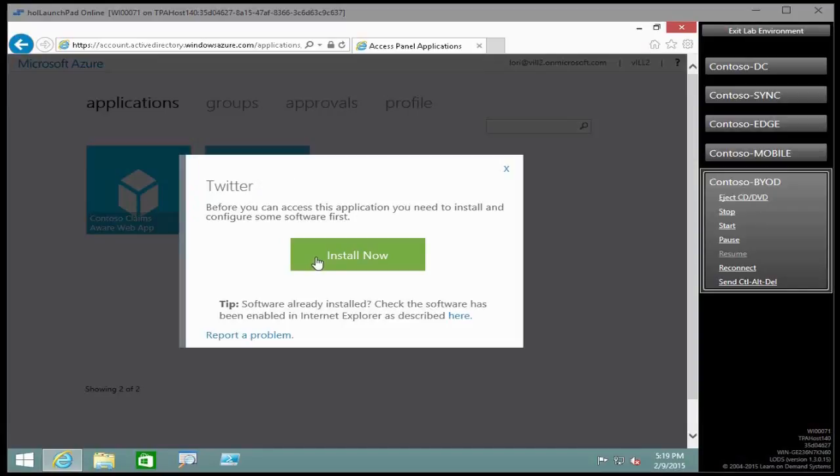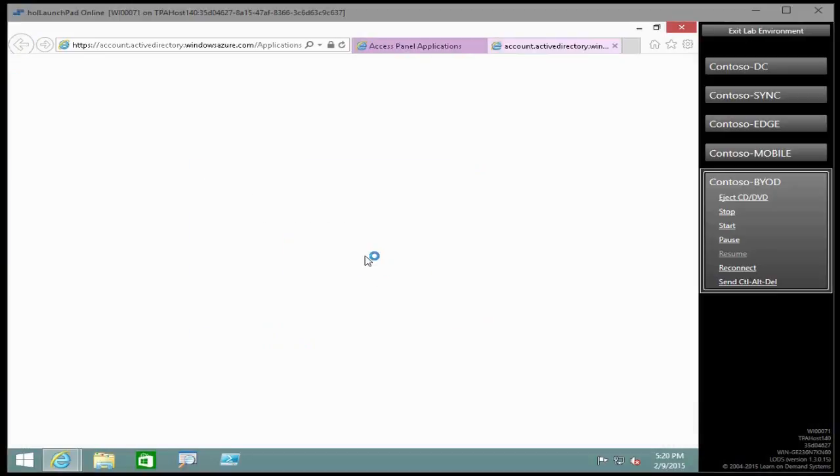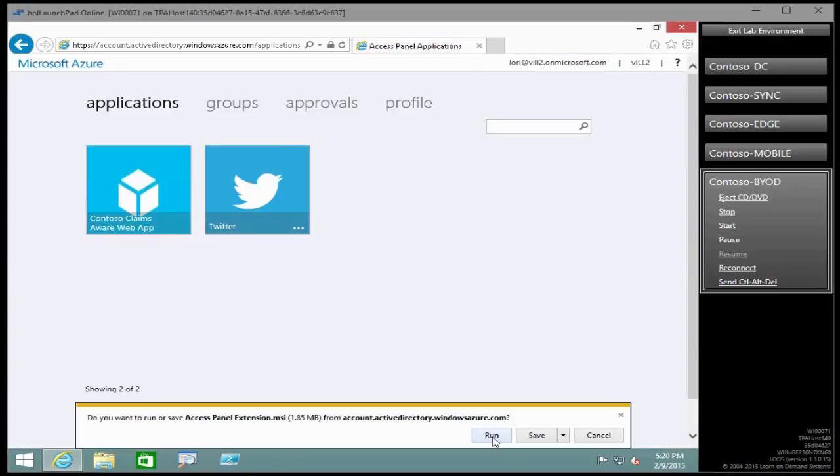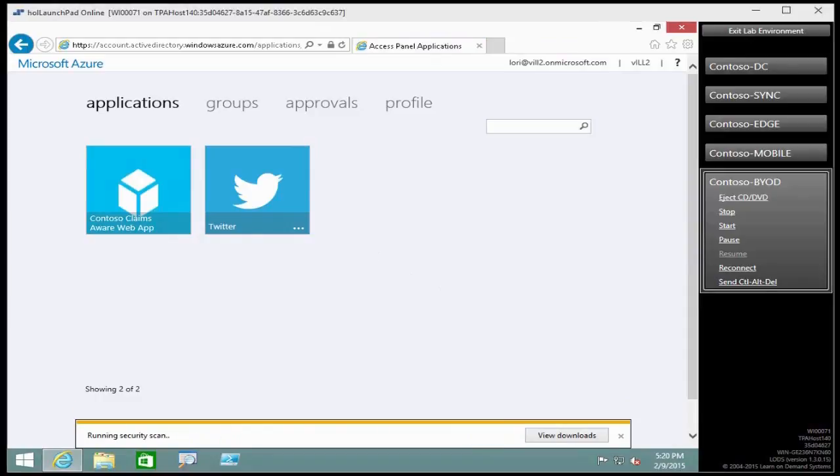And then it's actually asking me to install a browser plugin, which is going to make single sign-on much easier for the user. I am the user in this case, and it's asking me to make this installation happen. So we'll click on the Install Now button right in the middle of the screen. And then it's going to push down the MSI, so we'll just hit run. Once that MSI has run and installed itself,